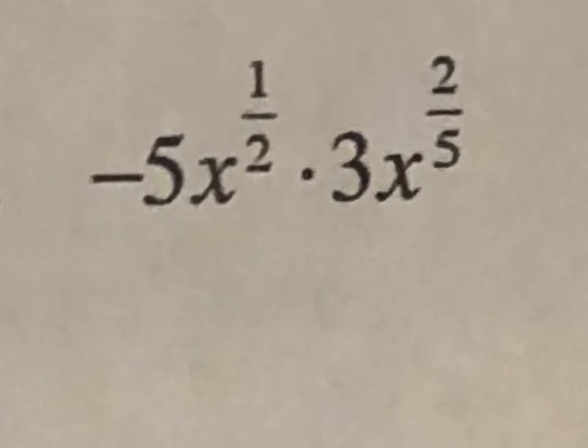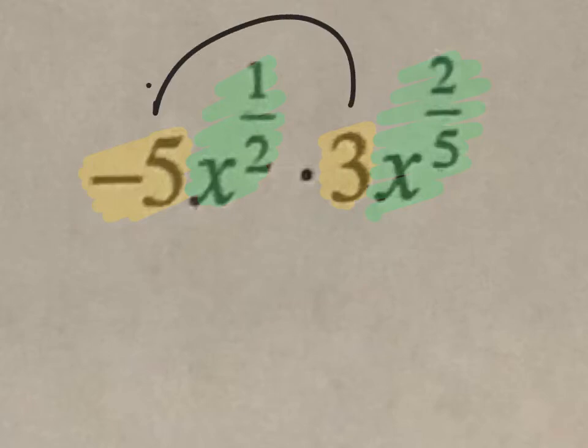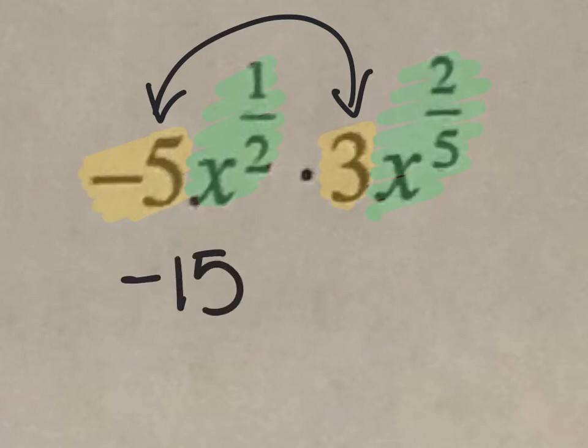Okay. Here, let's take a look. We have coefficients, and then we have bases that are the same. First thing I'm going to do is to multiply my coefficients, which gives me negative 15. My bases are the same, so it leaves me with x. And I'm going to add my